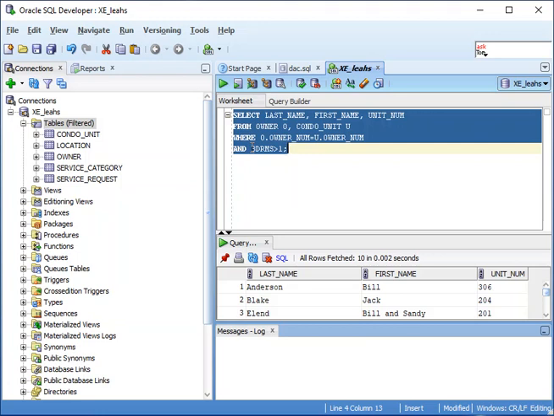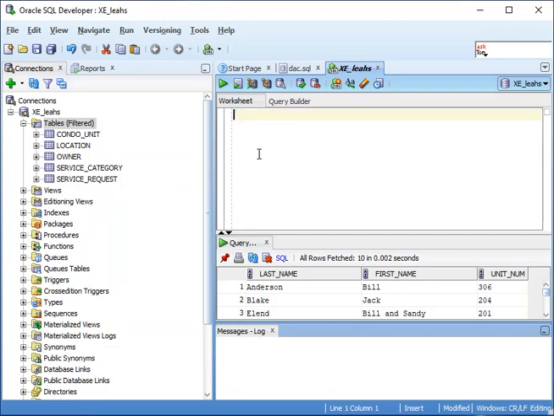What I'm going to do is try to figure out which locations and which condo units have an outstanding service request that is described as painting. And so this is going to require that we join most of the tables in our database. And so what I'm going to do is start out with this,